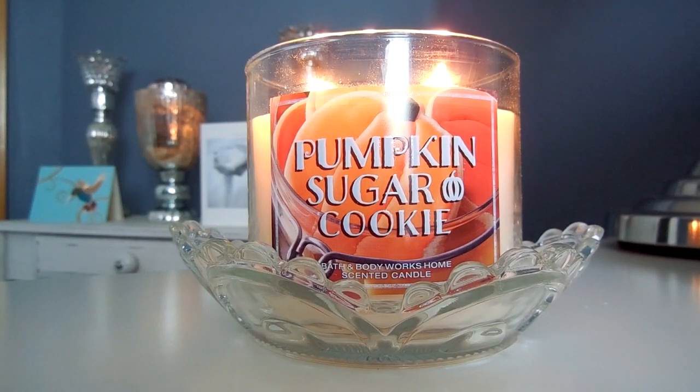Hey guys, it's Melanie, and today I'm crazy excited to share my review with you of the new Bath & Body Works Pumpkin Sugar Cookie Candle. This is obviously one of the new fall 2015 releases, and I have to thank my friend Jennifer for sending